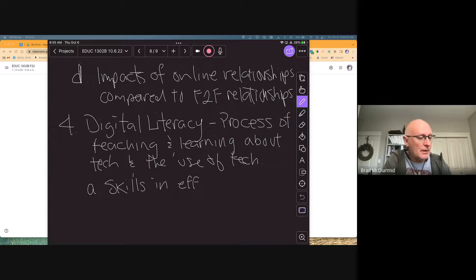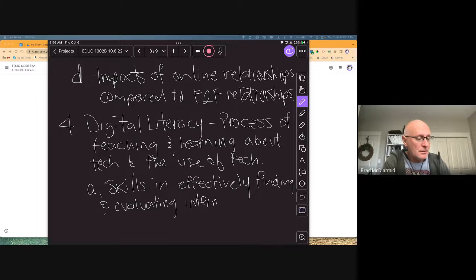effectively, and some people are really awesome at this, effectively finding and evaluating internet resources, right? And this is the big thing.